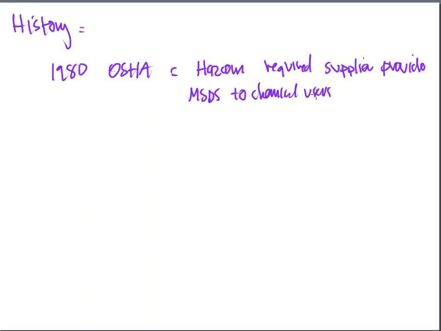Basically, what this means is that if a company produces a product, a chemical, that chemical is then purchased by a laboratory, maybe like us. When we purchase that chemical, we should also receive a material safety data sheet that comes along with that chemical. Now, chances are I could already have a copy of that MSDS sheet on hand, and if so, I just throw that away. But if I do not have that MSDS, this is a way that OSHA basically demanded that we would get the MSDS, just in case, to cover everyone's butts that work in a laboratory and that supply the chemicals.